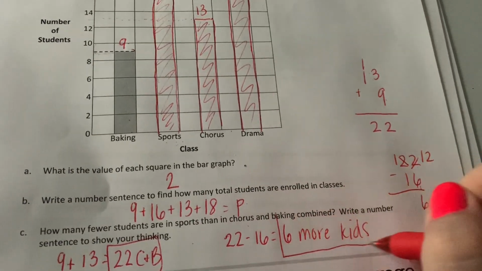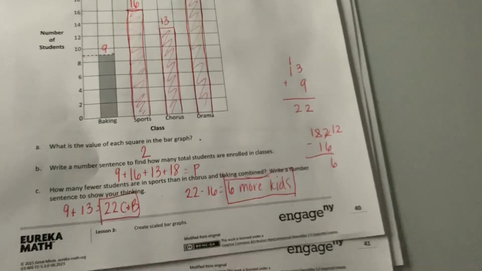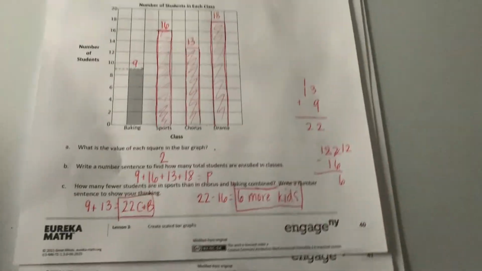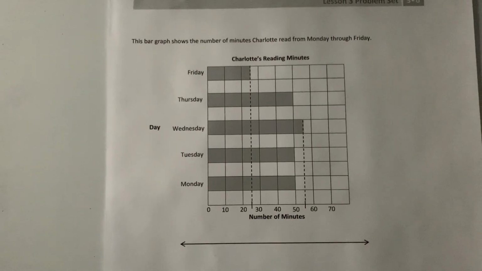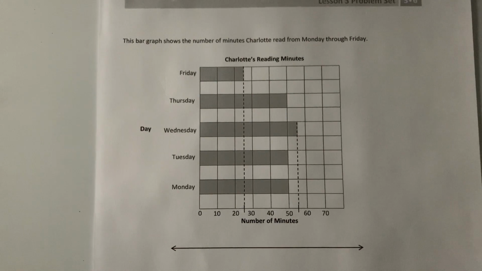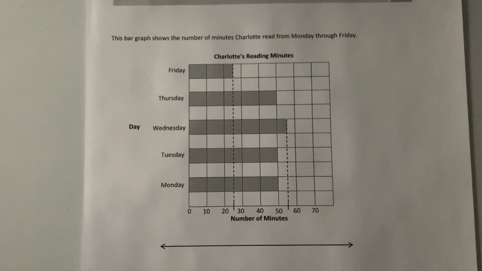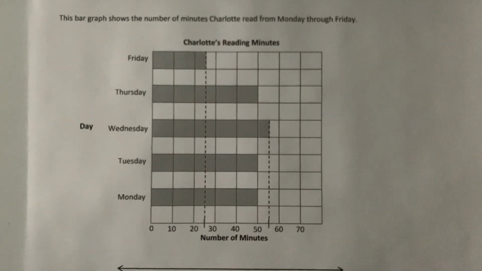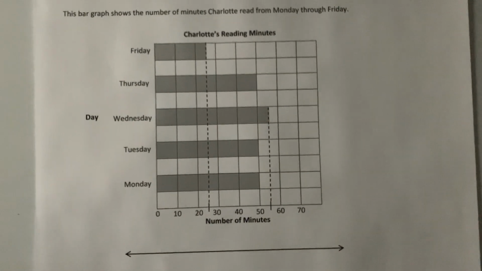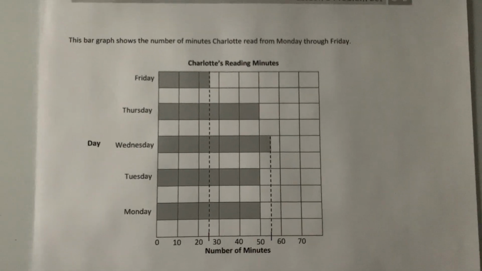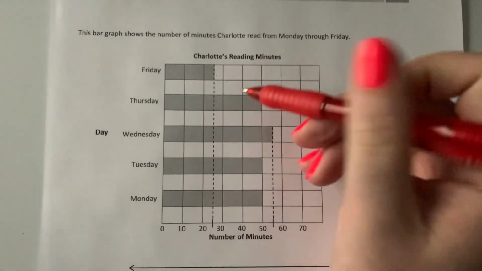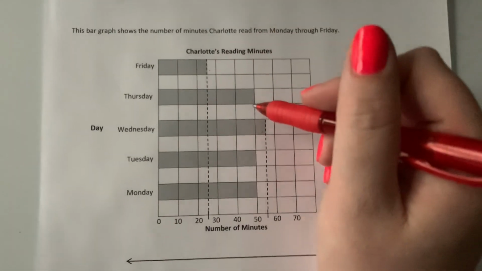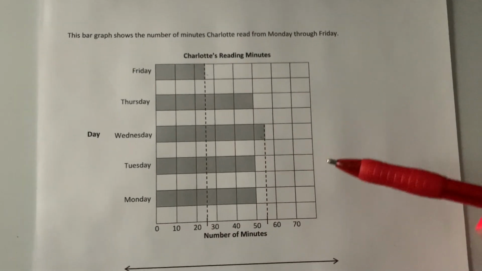Okay? So let's try this again with a different problem. All right, so this bar graph shows the number of minutes that Charlotte read from Monday through Friday. So the first thing I'm going to do is figure out how much she read each day, and I'm going to put that at the end of my bar graph, just so that it's easier for me to read, and every time I need to reference this bar graph, I don't have to go,